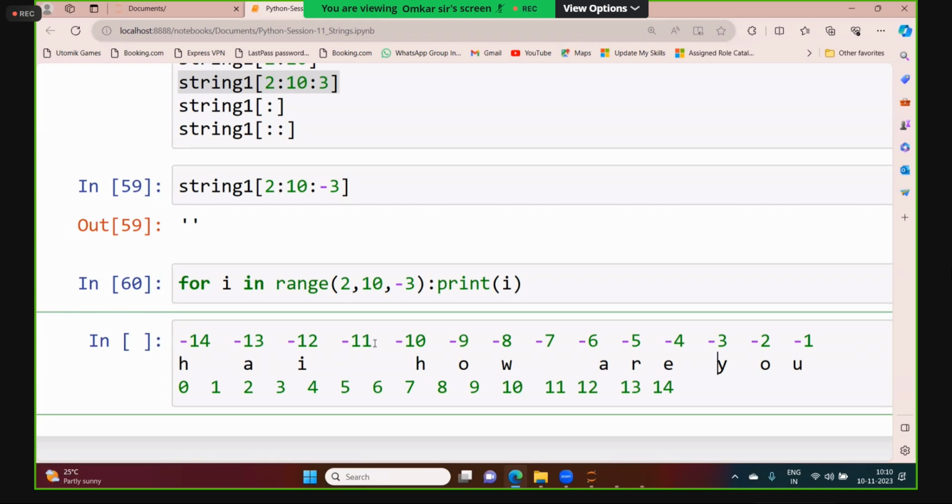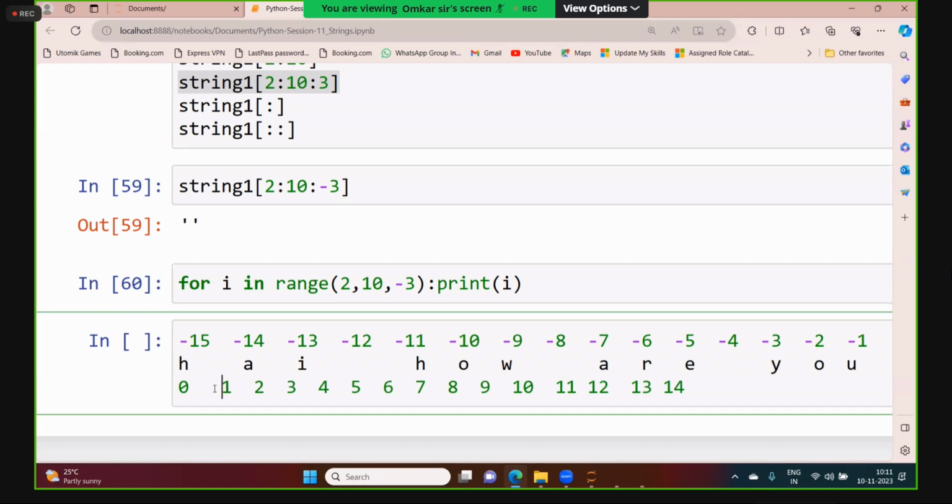HA 13, 12, 11, 10, 9, 8, 7, 6, 5, 4, 3, 2, 1. Some space is there, no? So it is 15. 15, huh? -15. This is correct. Yeah, 0, 1,